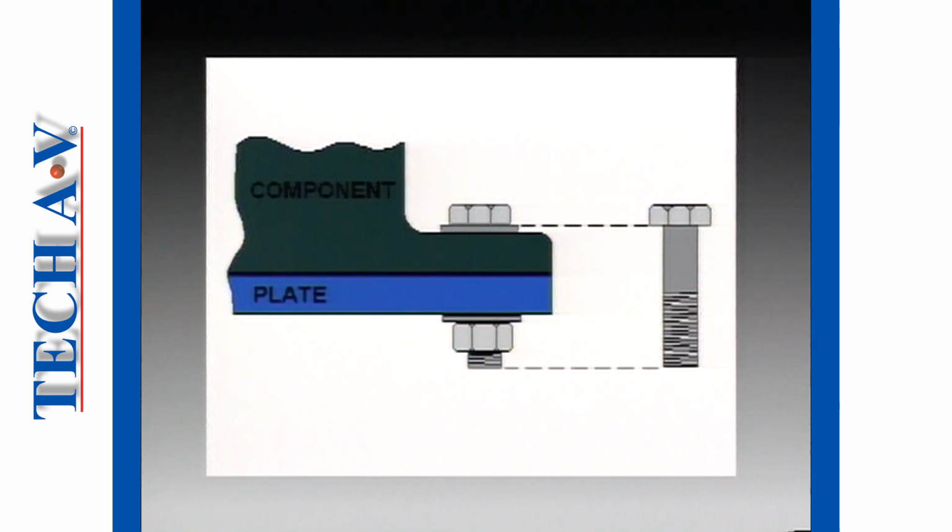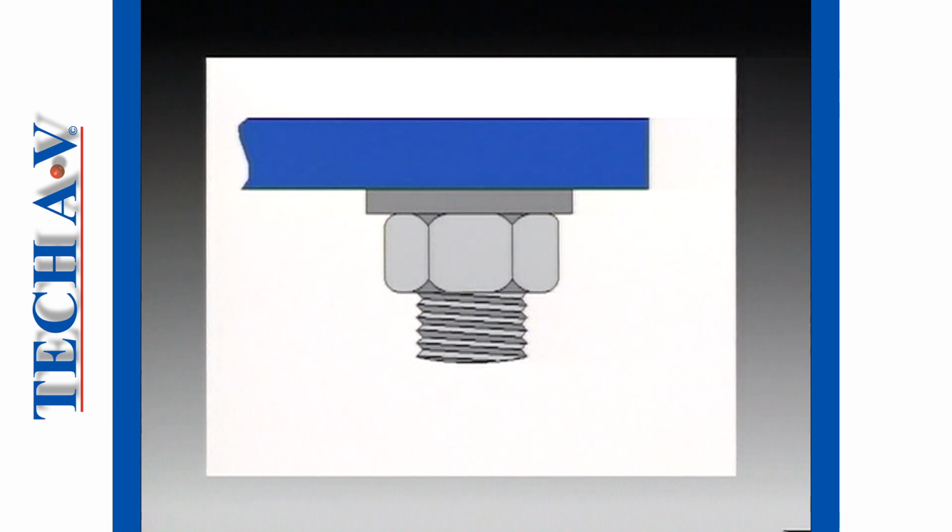Next, we must decide on the length required, bearing in mind that a bolt's length is determined by the thickness of the component, plus the plate, plus any washers, plus the width of the nut. An important point to remember is that a nut must always be able to thread fully onto the bolt. The threads of a bolt should always emerge through the nut for several pitches after the nut has been fully